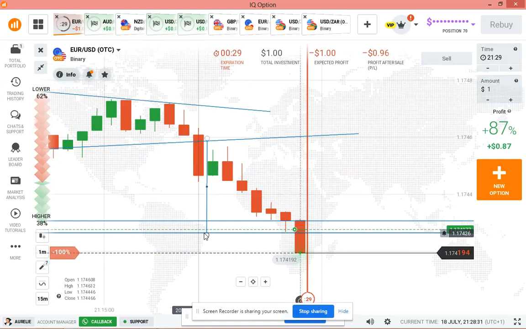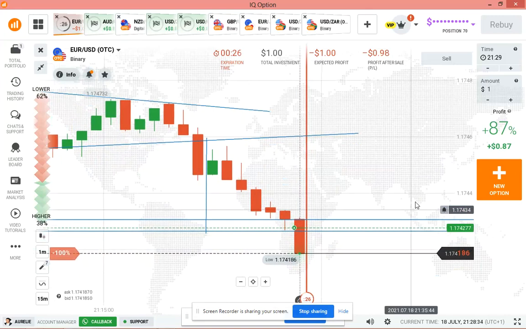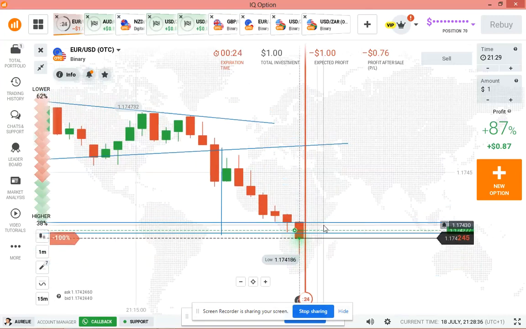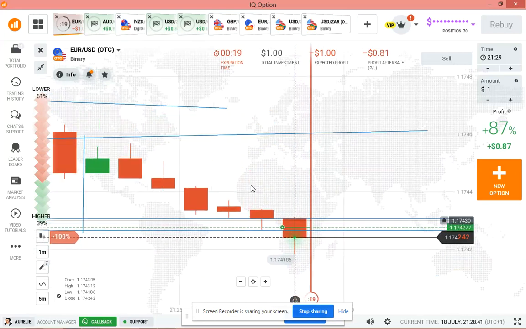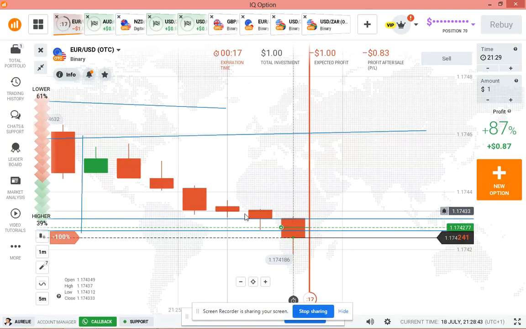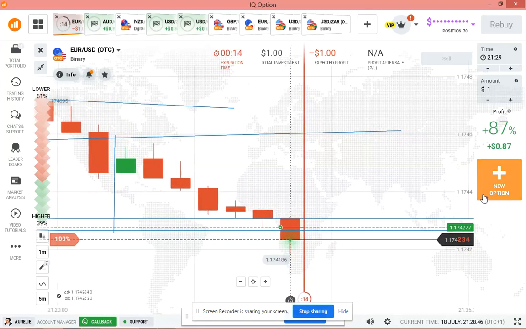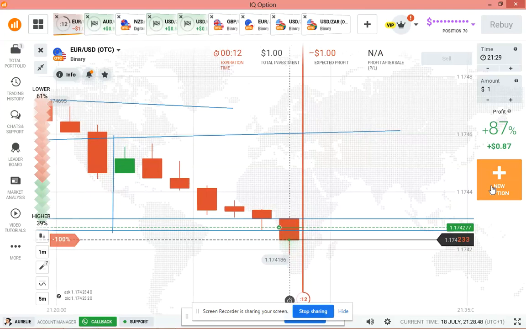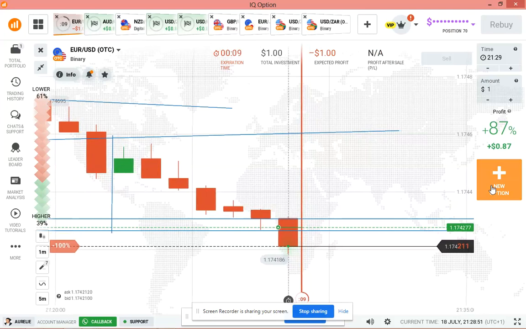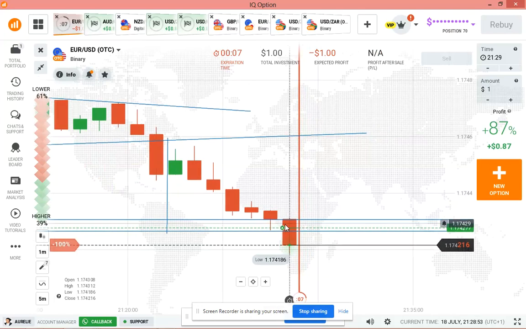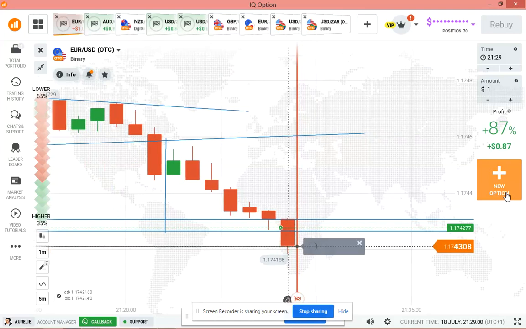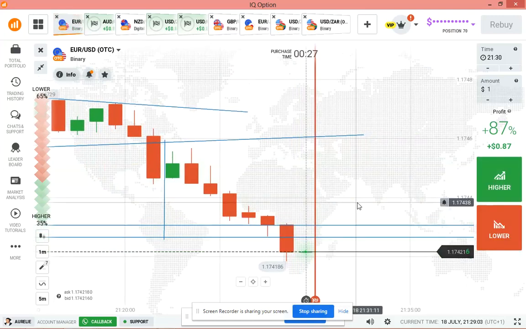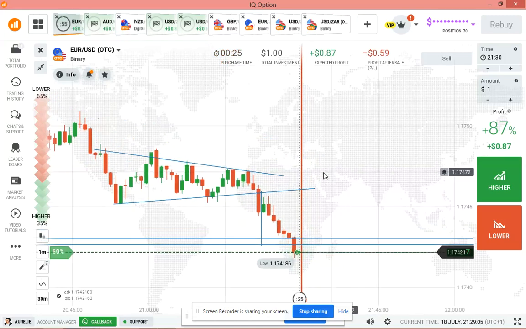But this is actually where the market should stop. Maybe after this candle, buyers will enter, because this is an abnormal candle. It's stronger than the previous red candle. So let's see. Buyers should enter, because this is the entry. This is the last level, so we can expect at least one single bullish retracement.